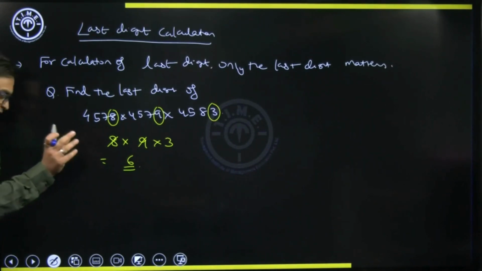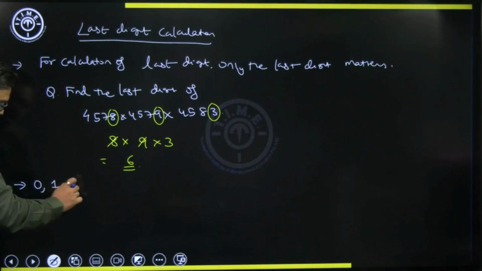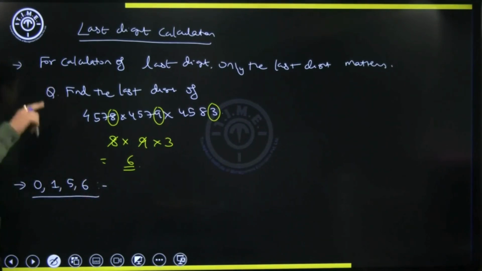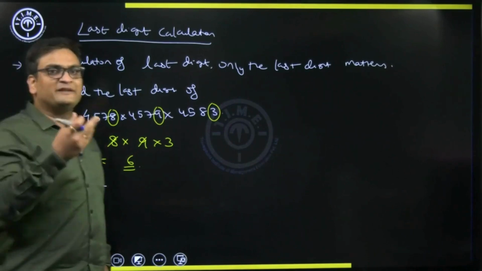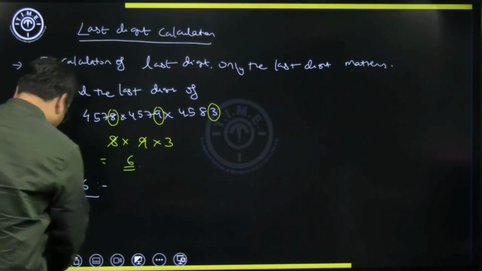We'll be grouping the digits into 3. So in the first group we'll put 0, 1, 5 and 6. So basically numbers ending with 0, 1, 5 and 6, how do we calculate the last digit for any given power? So the point to be noted here is,